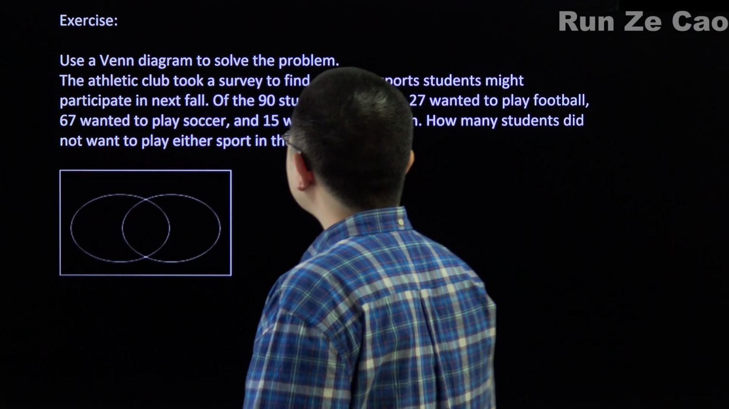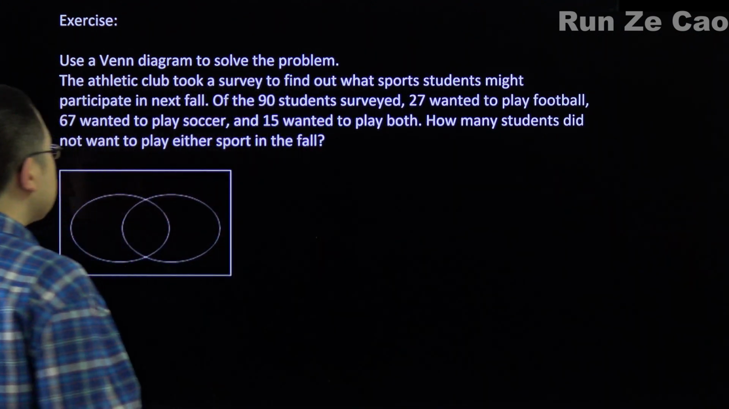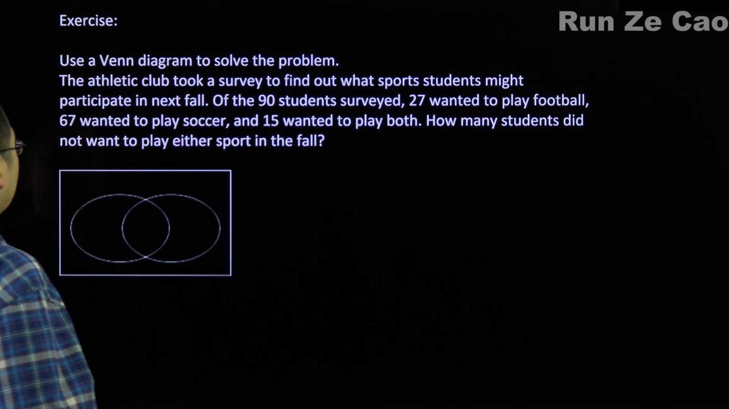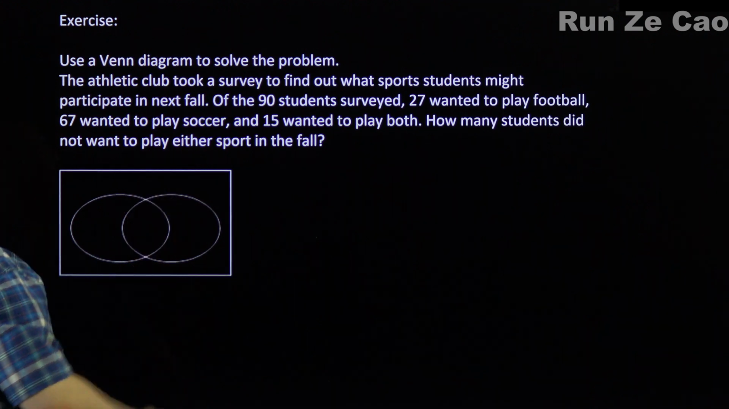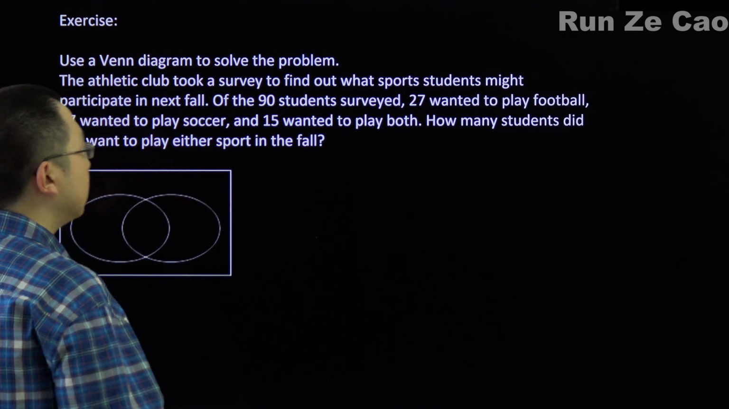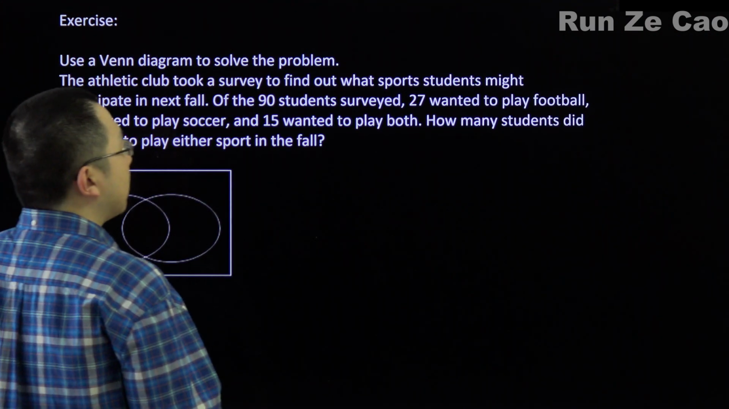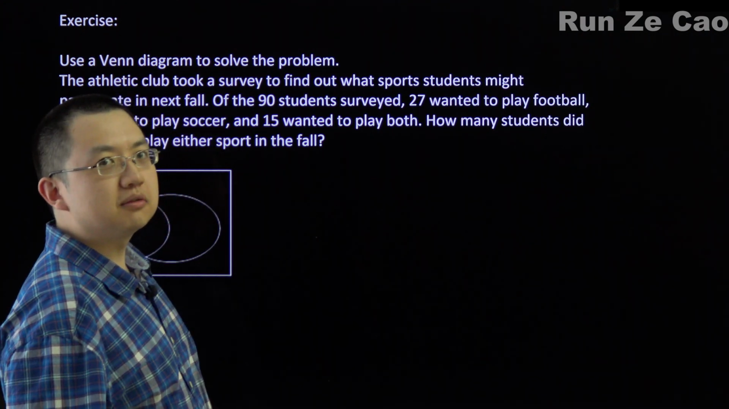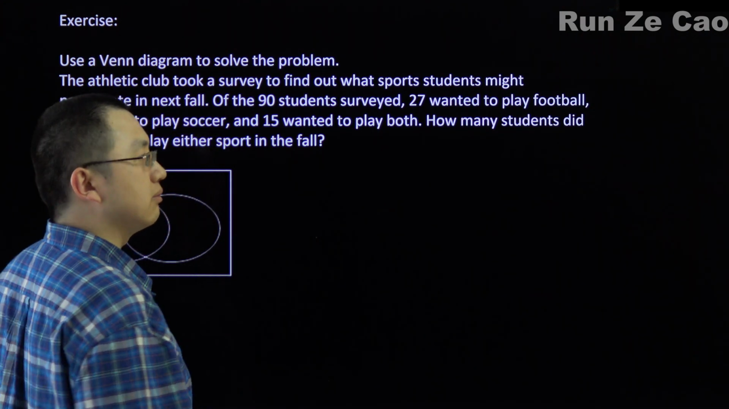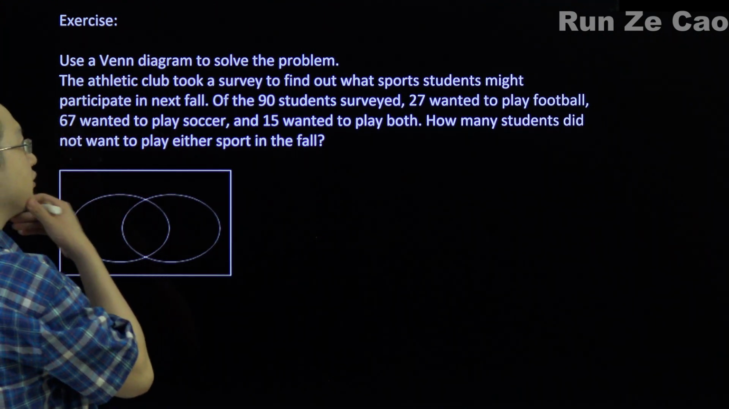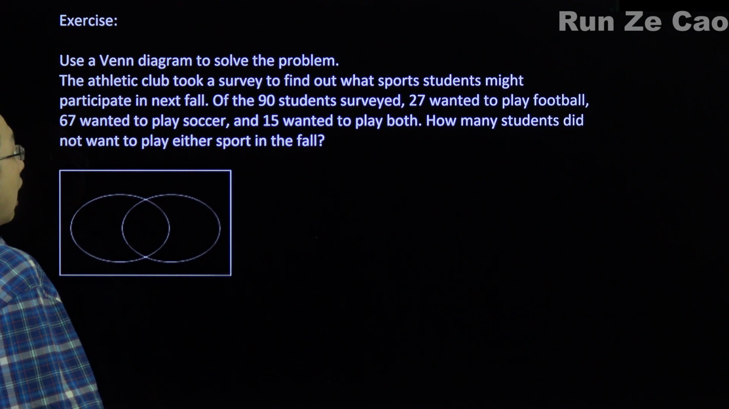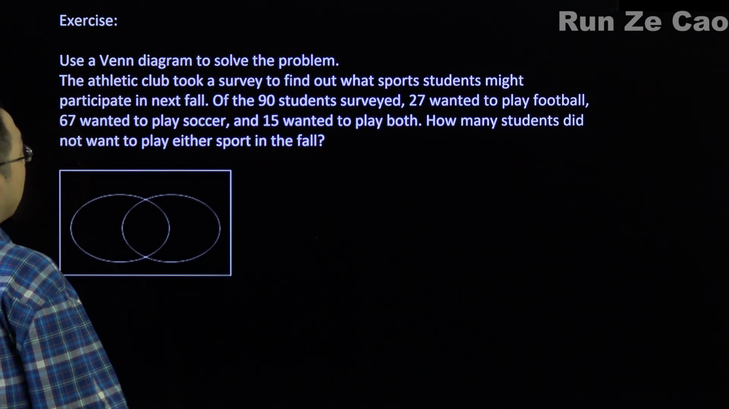Let's figure out the number of people who didn't want to play either football, i.e. American football, or soccer, which is known as football to most of the world. Because American football is like hand lozenge or something, if you want to name it more appropriate to what you actually do in it. So, of the 90 students surveyed,